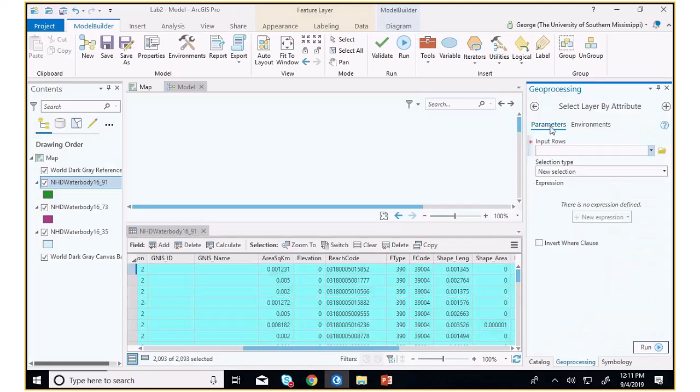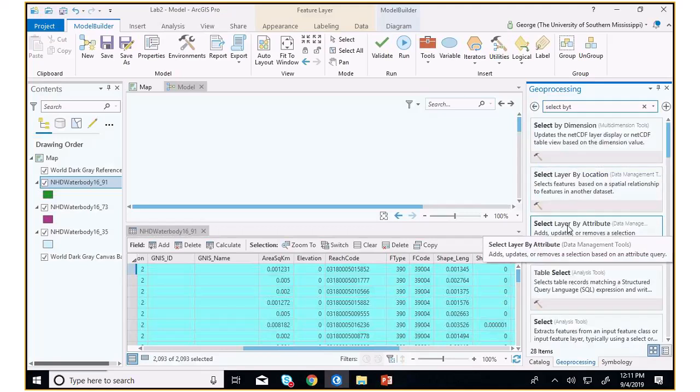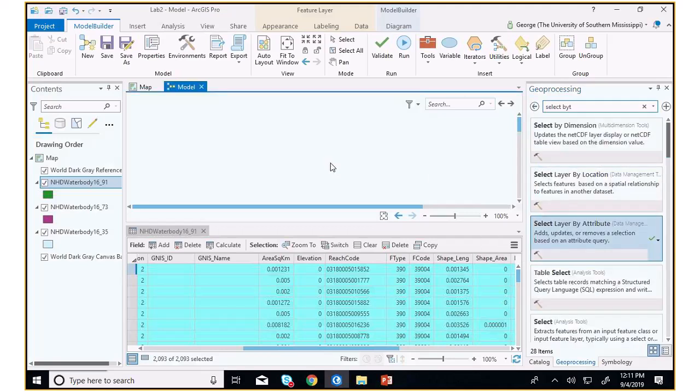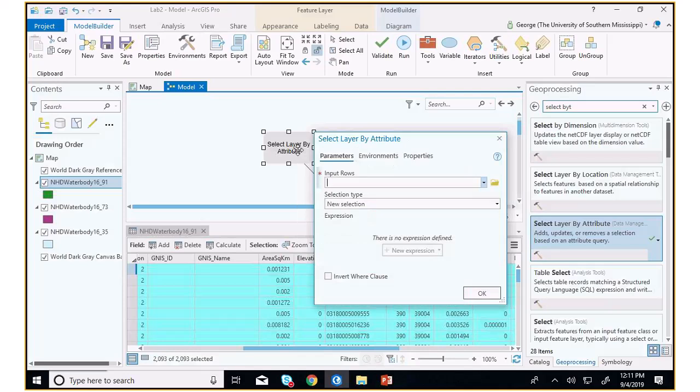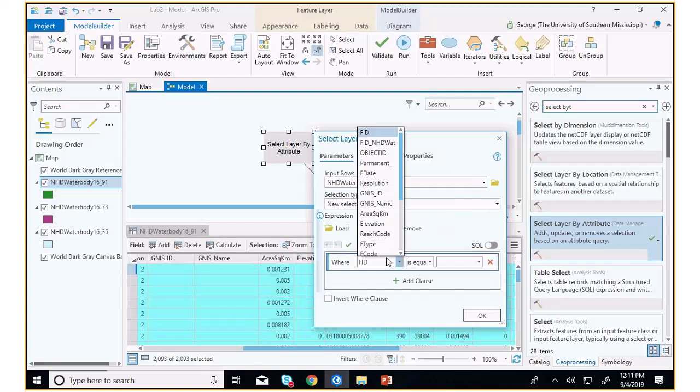Select layer by attribute. There it is. Whoops. And what you do is you actually just drag it on. So now we have that tool there. If we wanted to run the similar analysis, we would choose the water bodies, and a new expression would be